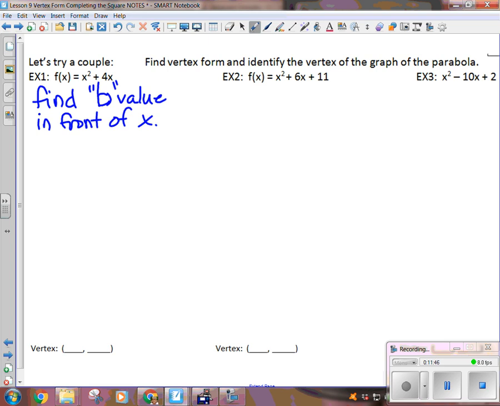What is half of 4? 2. What's 2 squared, which is 2 times 2? 4. Everybody good with 4? Let me say that one more time. What's half of 4? 2. What's 2 times 2? 4. So I need an extra 4. And if I just come in here and I add the extra 4, well,